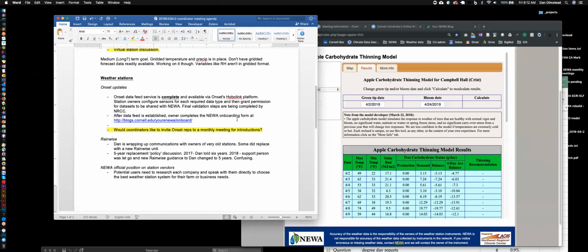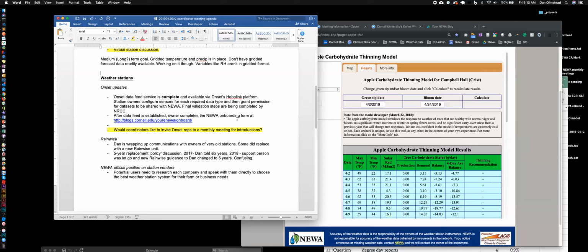Now, the official standpoint I'm going to have, now that we're working with two vendors, is that the potential NEWA user needs to do their own research, basically. Reach out to the companies, find out what the pros and cons are of each system, and so on. I know NEWA state coordinators have their own preferences.